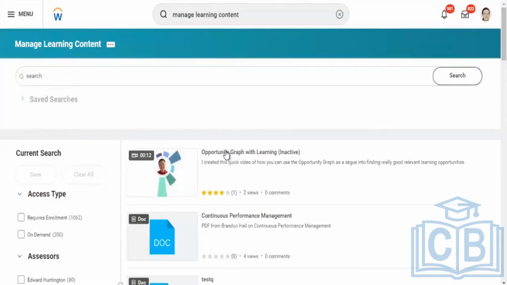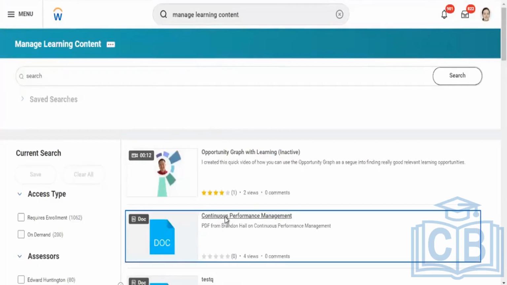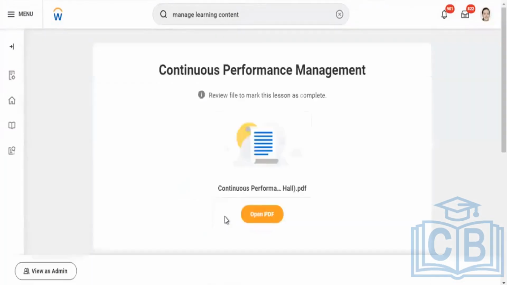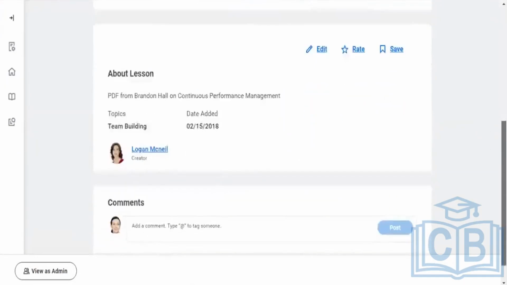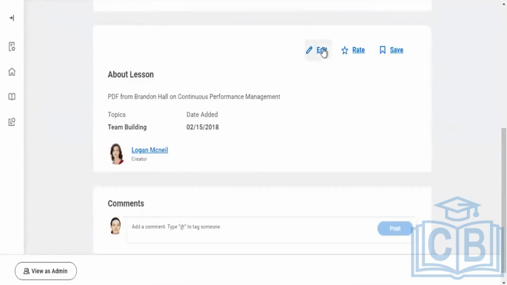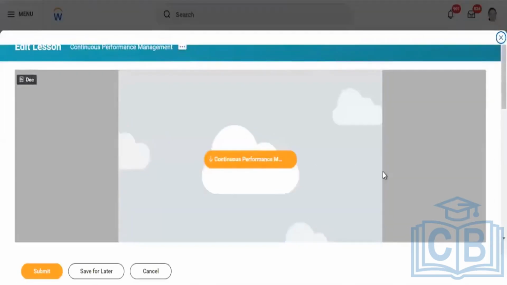Let's say if I want to select this course. Let's say this course is taken. I've taken this course. Then see the Edit button. As an admin, we are enabling that rating.